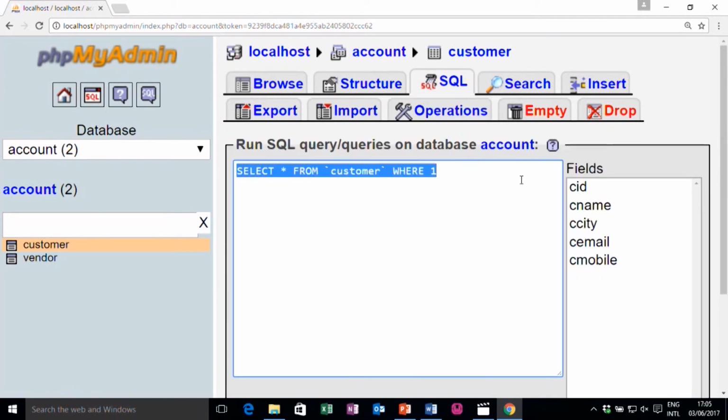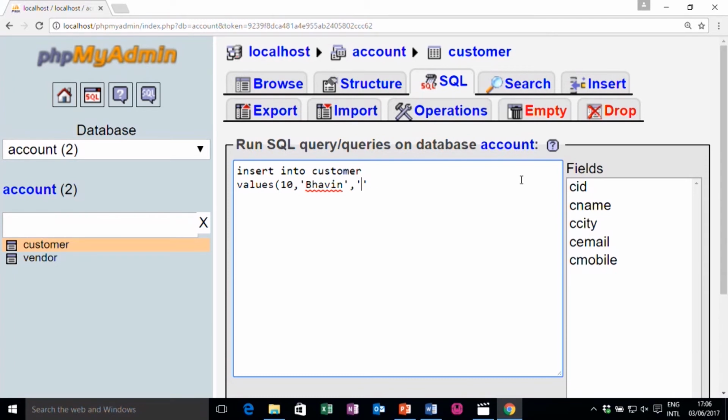I can write insert into customer values, let me say CID is 10, name is, for example, Bhavin, its city is default, or let me write it is Ahmedabad.